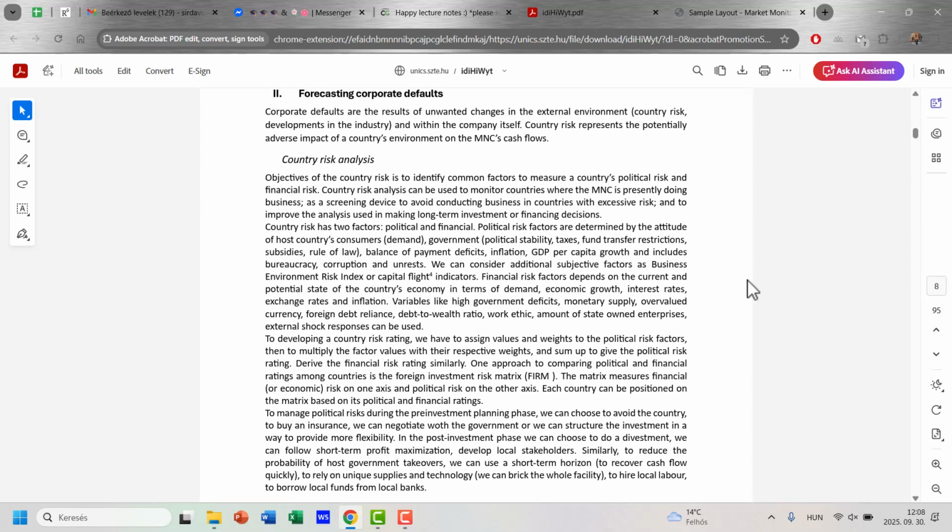So in this section I will talk not just about country risk analysis, but also how different rating agencies like Standard & Poor's are evaluating countries and companies. So what are the corporate-specific risks? And after that I would like to show you two metrics. One is old, the other is even older, but both of them are still used in the industry.